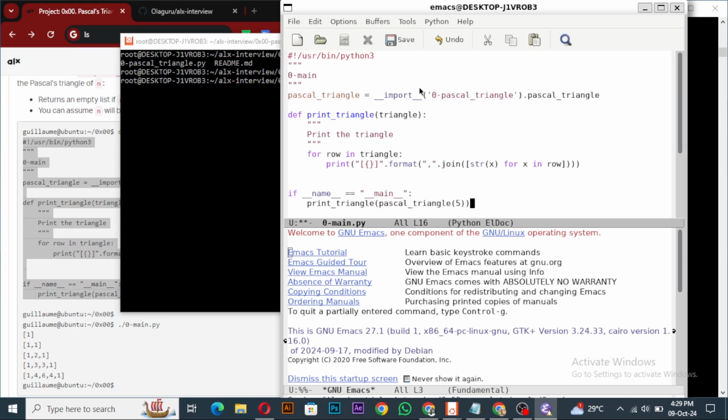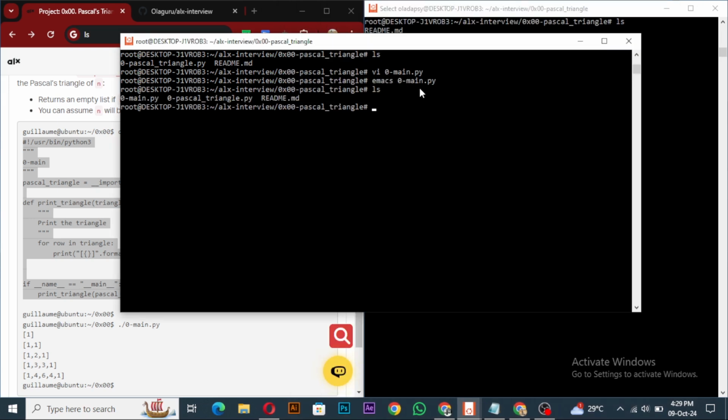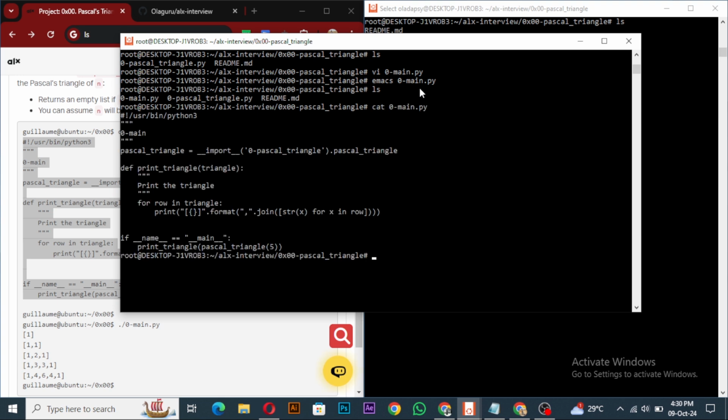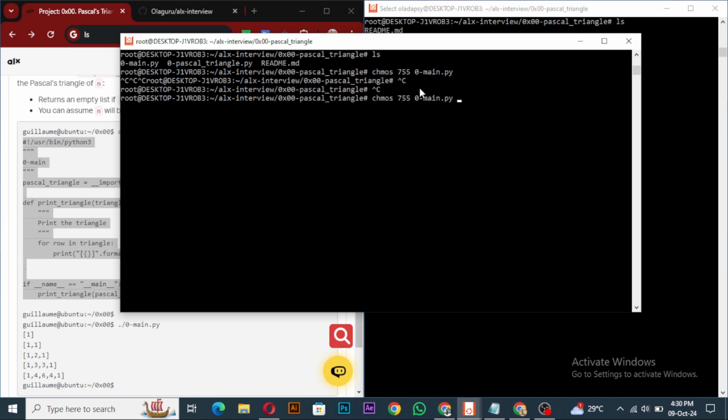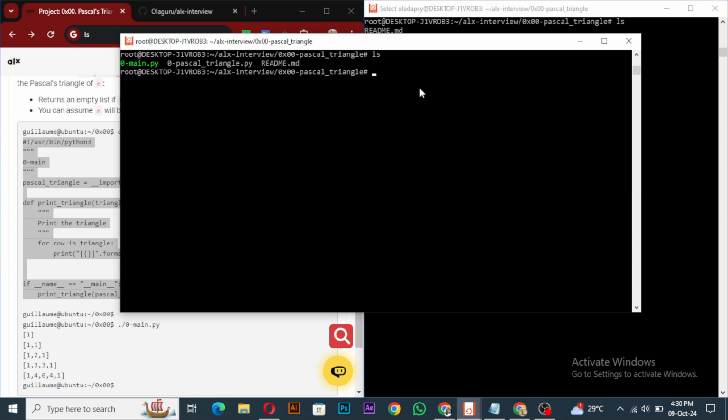Okay, so I pasted it and I have it there. So I have my main.py. If I cat my main.py now, you can see it's aligned properly. So I will make it executable. Sorry, it's supposed to be chmod. Yes. And then I'll open my Pascal file and then shebang, user